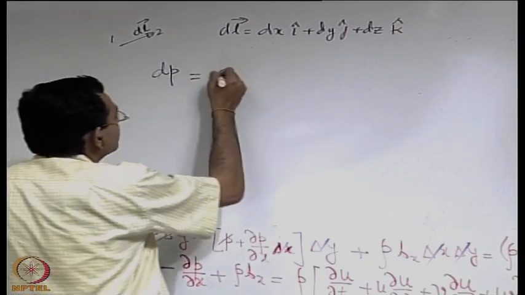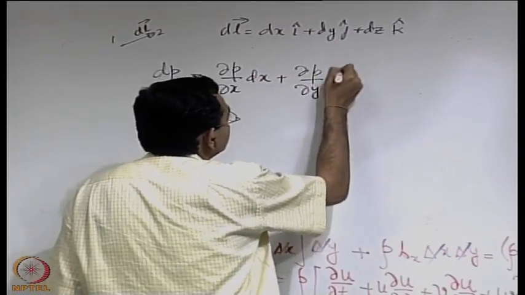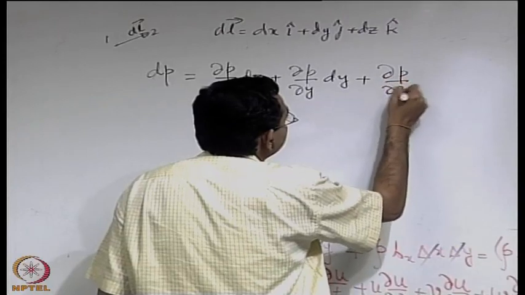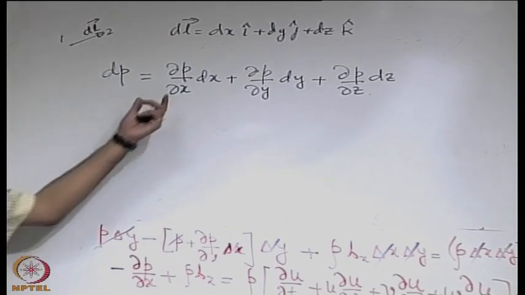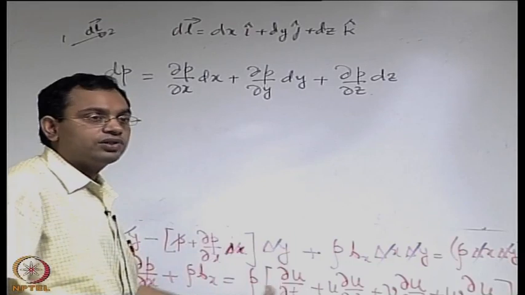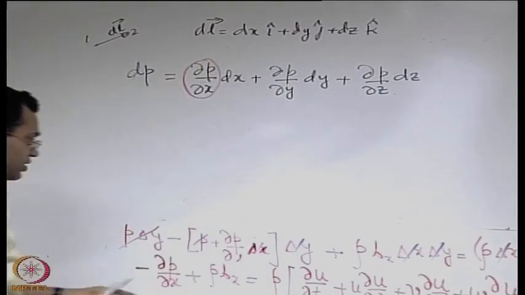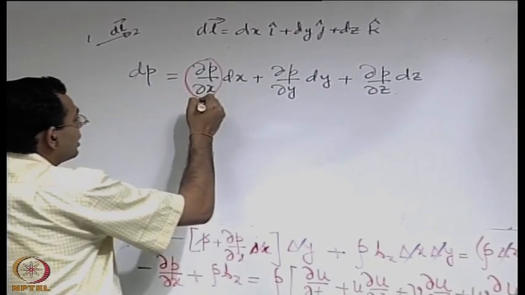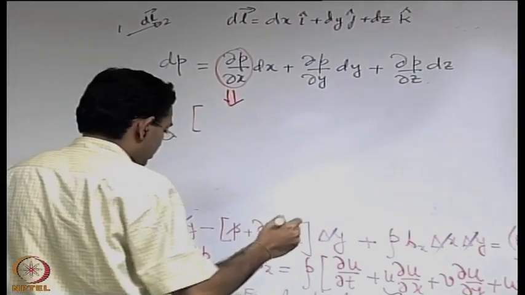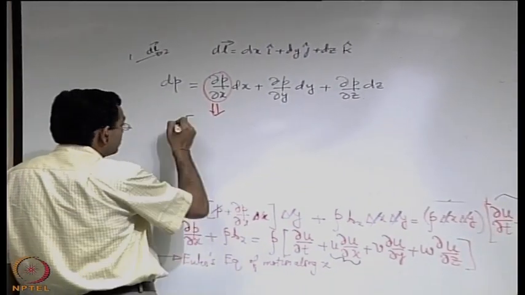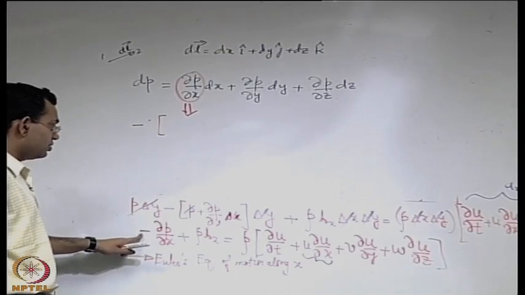So you can write this as the sum of these 3 partial derivative terms. Each of these terms we can substitute from each component of the equation of motion. So the first term you can substitute from the x component of the equation of motion, which is written below. So let us write that. So this will be minus of, so you are now writing the plus of this one, that means this term will become